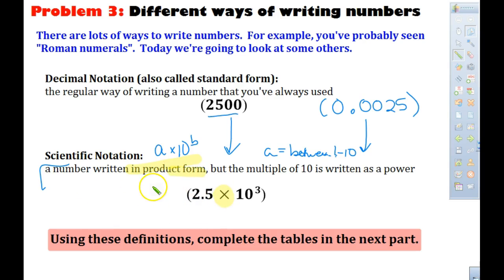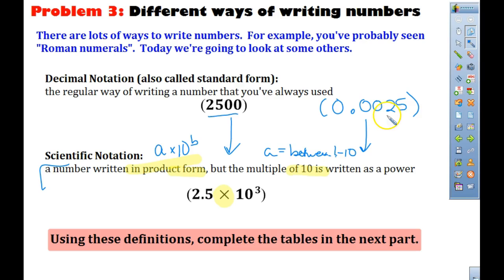So you are going to have a number in product form by a multiple of 10, written as a power. So 2,500 is 2.5 times 10 to the third. So thinking of that, thinking that we always have to write it as a number between 1 and 10 times 10 to a power, we're going to look at this number,